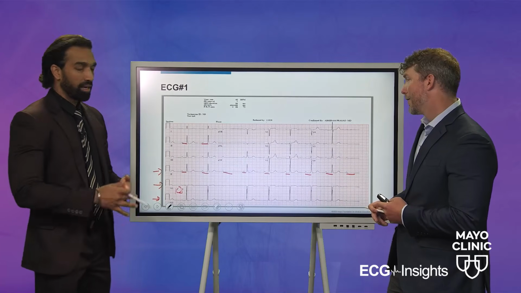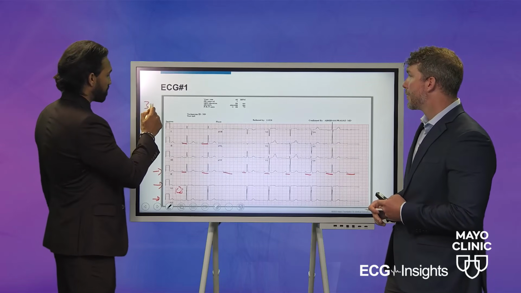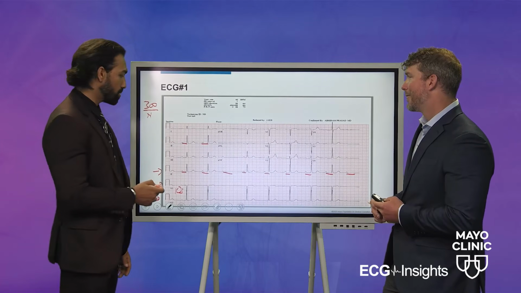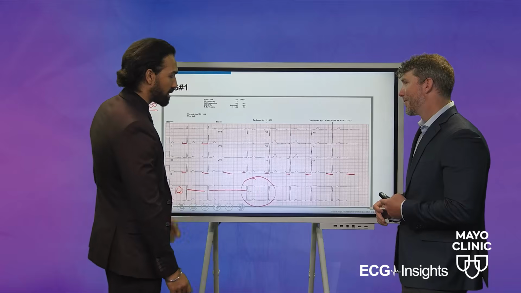And the other method you all might have heard is counting the boxes, and then it's 300 divided by the number of big boxes. The problem with that method here is this is an irregular ECG. And if you take these two QRSs, the rate's very different than these two QRSs. And we care about an average escape rate. So the rhythm strip method will work well for this. But if we have a regular ECG and you see something like this, where you have half, 1, 2, 3, 4, 5, and another half, that's like 6 big boxes. 300 divided by 6 is 50. So if the rate was like this the whole time, then the average rate would be 50 beats a minute. But in this case, it's a little slower because some of these RR intervals are longer.